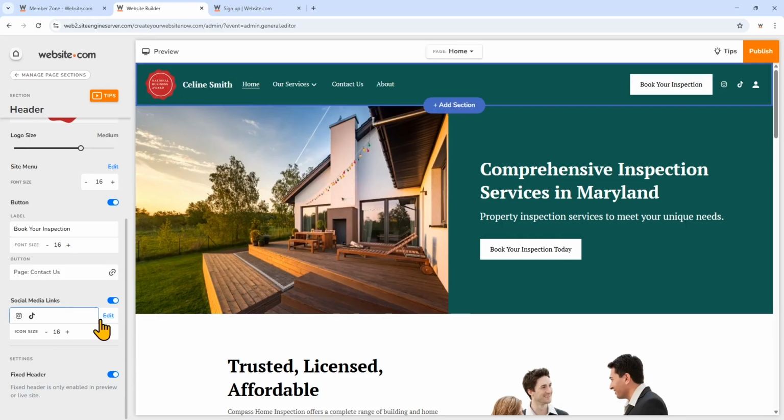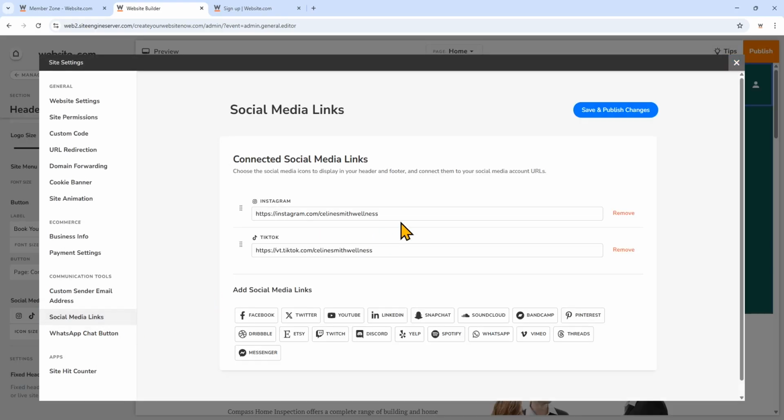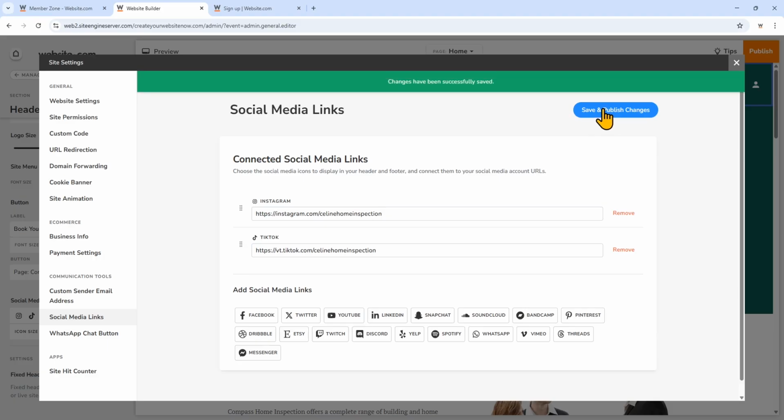If you want to edit them here, just click. Make sure you add the links so that they lead to your social media profiles. So we'll click Save and Publish changes for these.